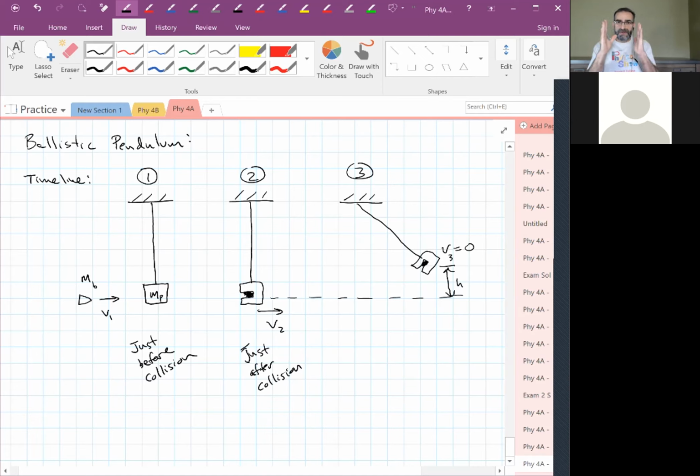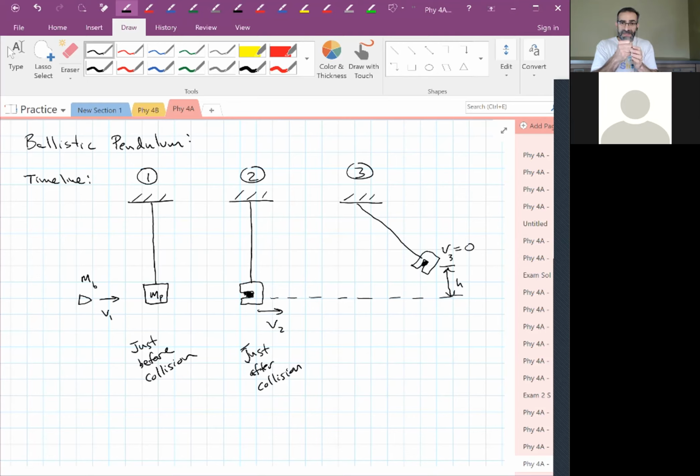If that time interval is short enough, then I'm going to justify using momentum, even if I might have an external force acting on my system. Like in this case, gravity is acting on the system. As soon as that pendulum starts to swing up, gravity is pulling down on it. But if my time interval is really, really short, just the instant that the collision takes place, from the split second before the collision to the split second after the collision,